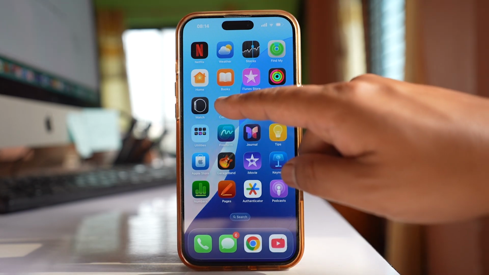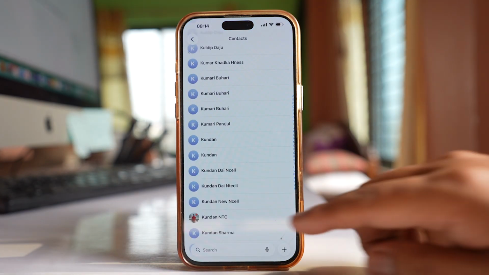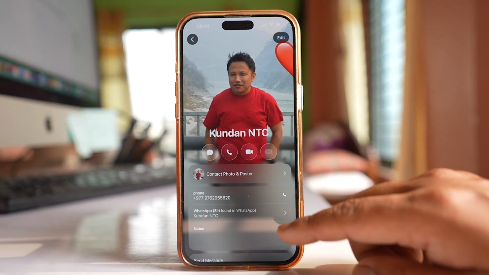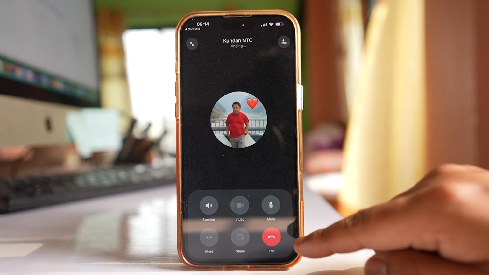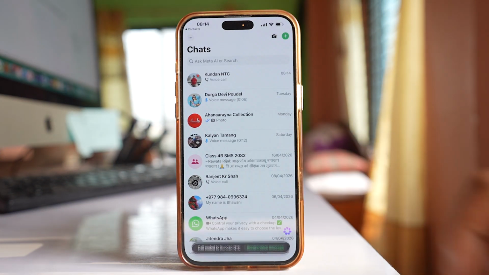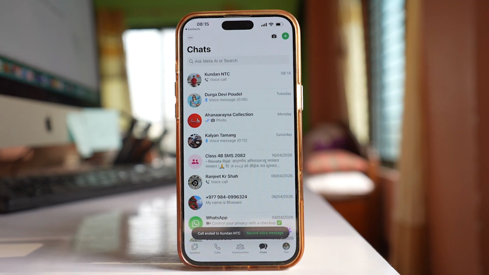If I go to my contacts application and then if I try to call a contact here and if I dial this number, now instead of the phone dialer app, you can see the person is being called by using the WhatsApp application. So if you want to use the default phone dialer in your iPhone instead of the WhatsApp,